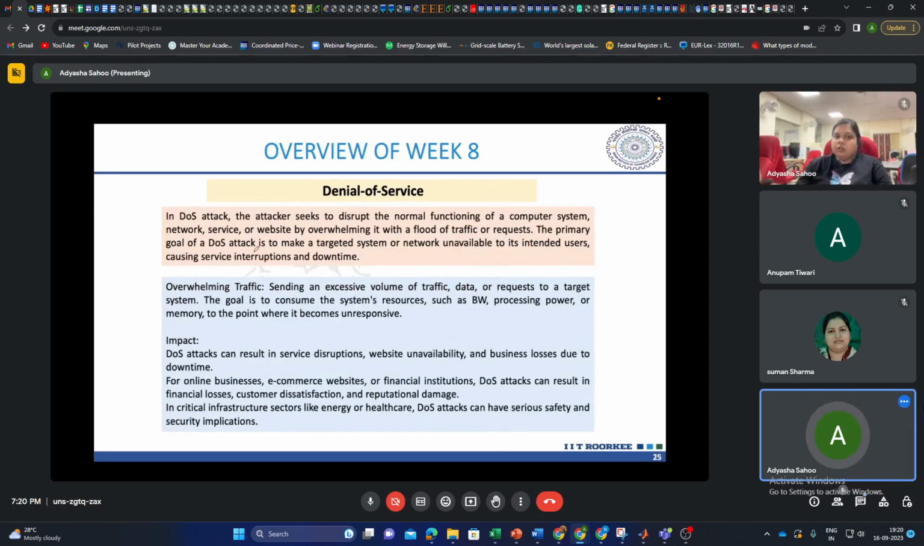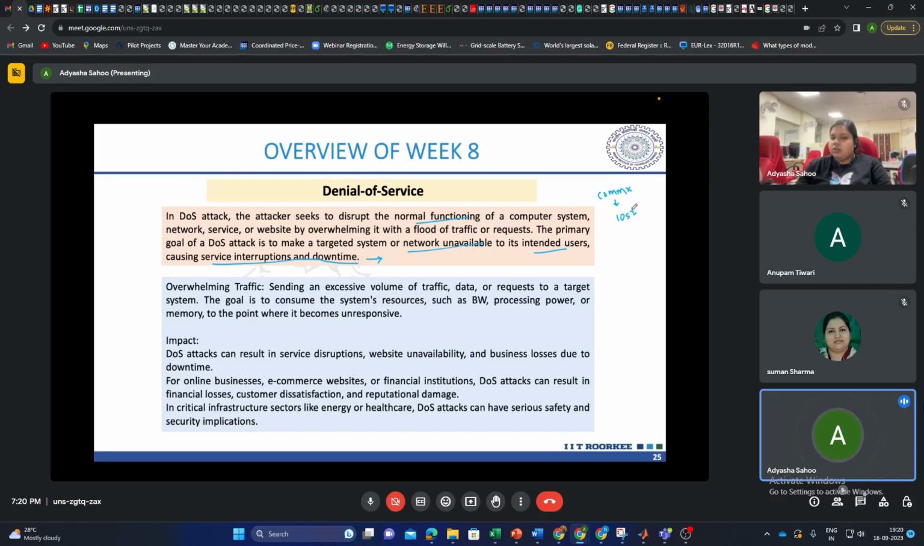Then coming to denial of service. In this denial of service, what the attacker wants to do is disrupt the normal functioning of the system or the service or the network by injecting a large amount of data in the system. So it wants the communication to be stopped. Basically, it wants to hamper this communication system. The goal of this attack is that the network is unavailable to the users, and it wants to cause service interruptions and downtime. Basically, it wants the communication to be lost,